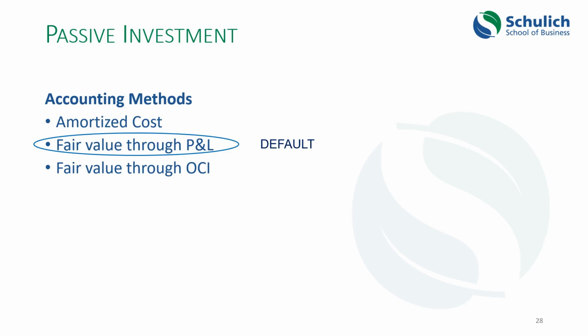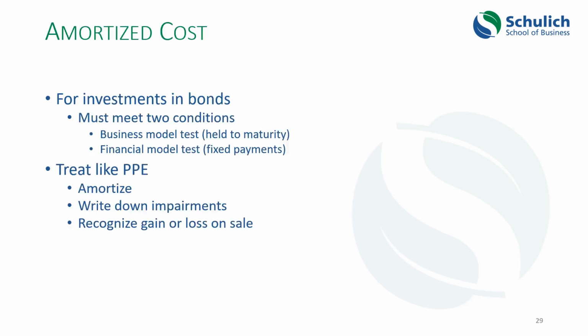All right, so those are the three ways of accounting for passive investment. They are actually a little bit more complicated to explain than to understand conceptually. So I encourage you to think through how these work and to look at some of the examples in the textbook in order to understand them better, because that's the kind of thing that might be an exam question. Explain the difference between these three methods, and you should be able to put it in your own words.